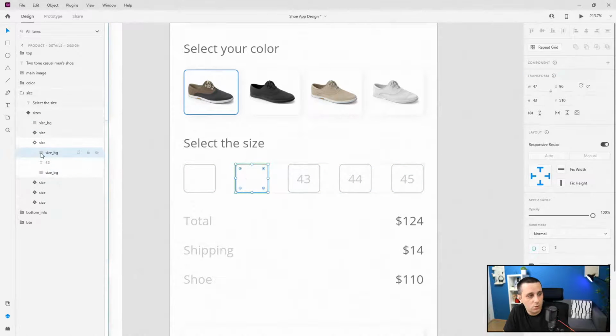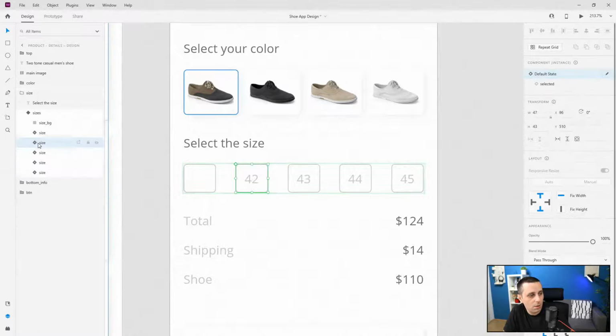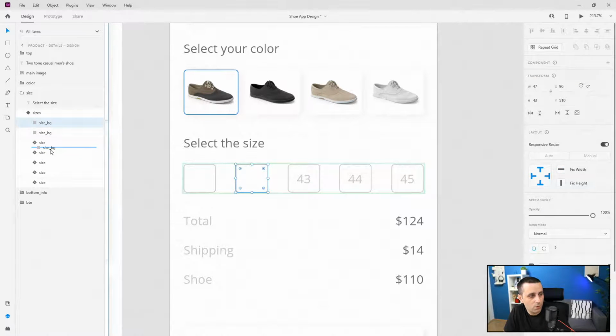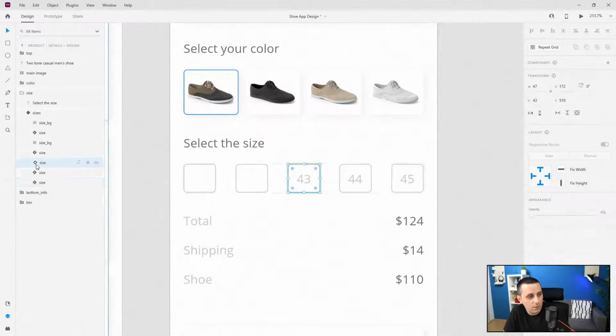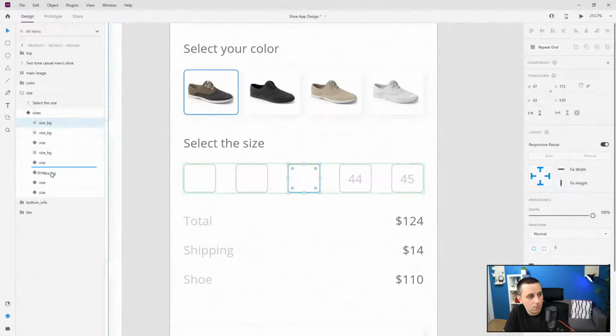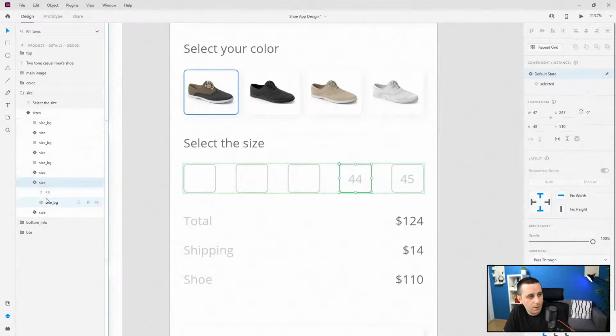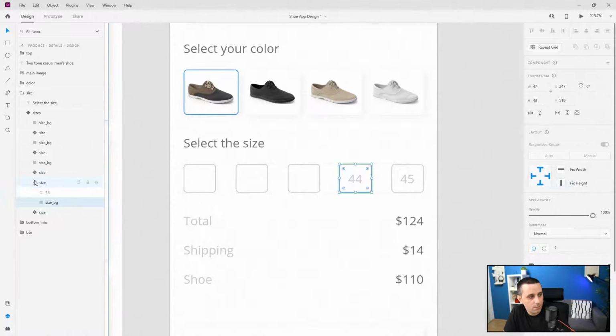Control C, Control V, wait, so delete it, come in right here, Control V, move it on top of this folder, so second one, Control C, Control V, third one, so right here, jump in, Control C, Control V, right here, and finally Control C, Control V, or Command C, Command V if you're on a Mac, right here,